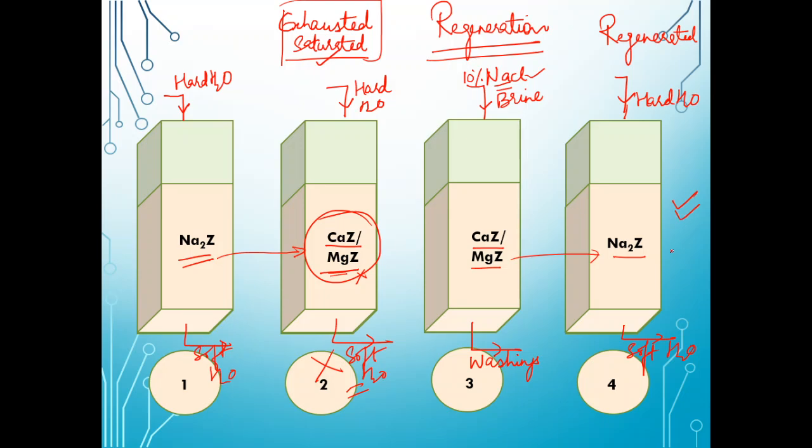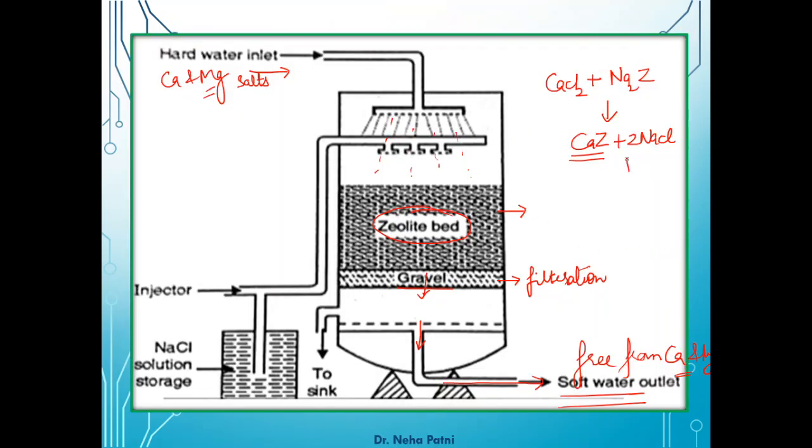So let us go back to the procedure. We are done with step 1. Now imagine if this keeps on going, there will be a time when Na2 is not left in the zeolite. So what you have to do is to regenerate it back. This particular area is for regeneration. The injector is basically used to inject that particular NaCl solution. As I said, you can spray it from here. So NaCl can be sprayed from here. NaCl, as I said, is used for regeneration.